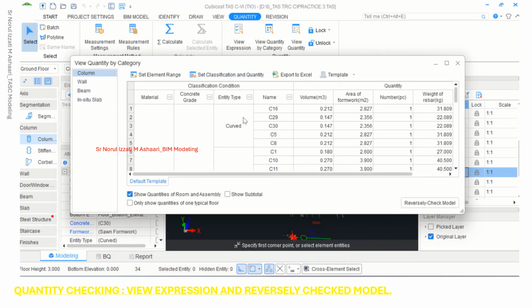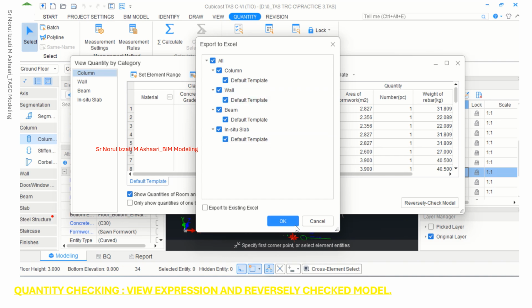You can see once you adjust the set classification and quantity, the report changes to what has been selected in the attribute. After that, you can also save this report in the export template, so you can keep this as a reference to refer to later, and this can also be exported to Excel.